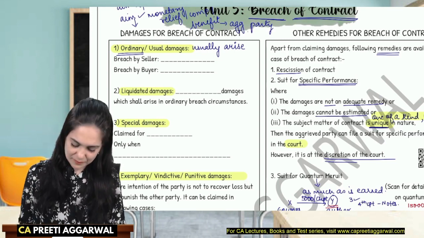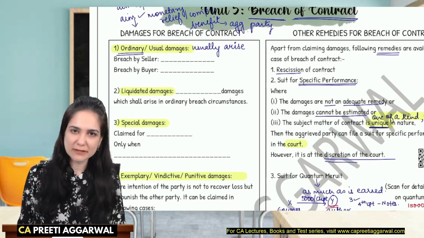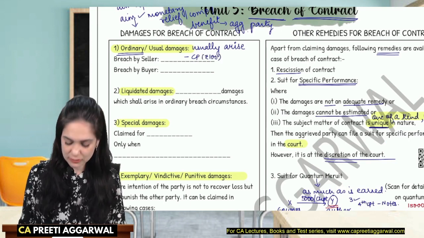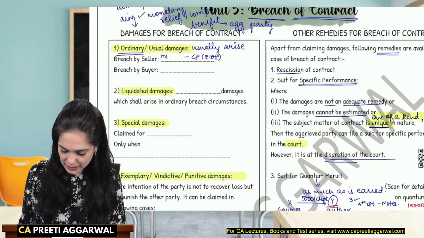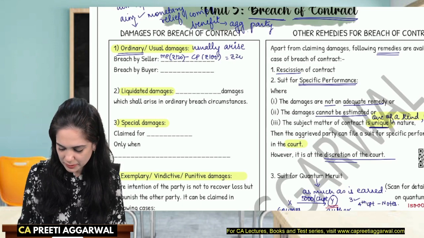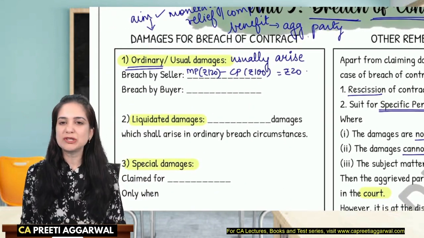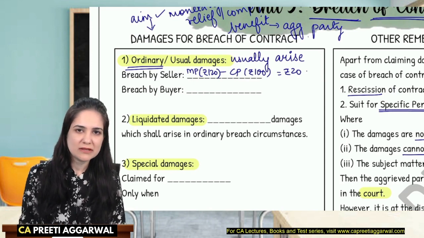Breach by seller. Then who can claim damages? Buyer. So buyer will say that if I would have gotten the contract price, I would have got it at 100 rupees. See, I discussed the same example with you. But you refused to supply the goods. So I went to the market and now the market price has increased to 120. So I am paying 20 rupees more. So that damage per unit can be claimed by the buyer.